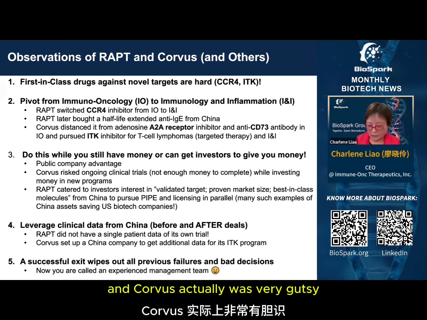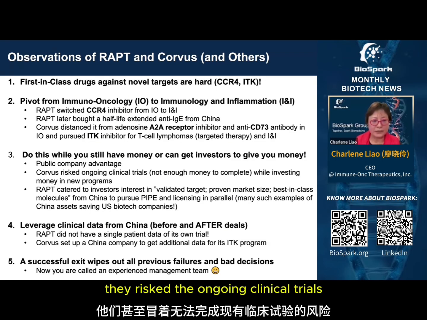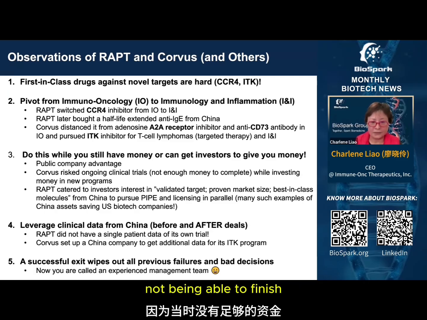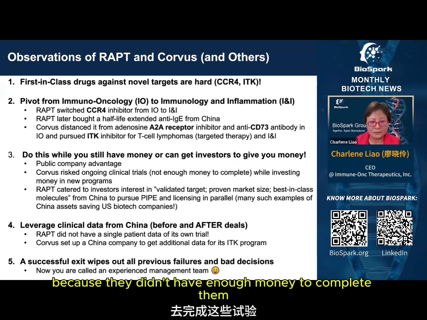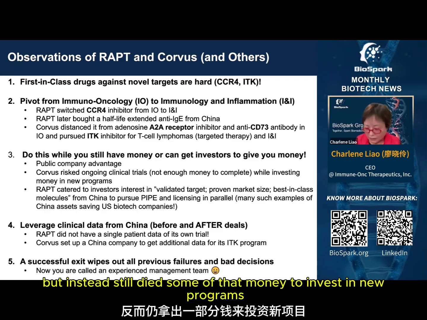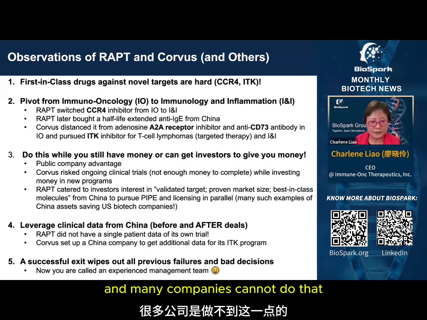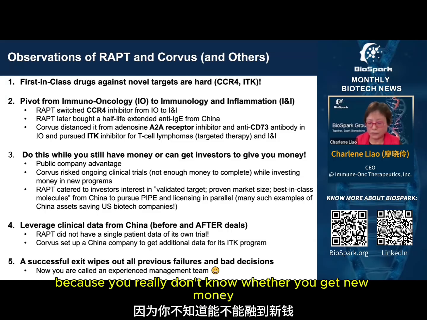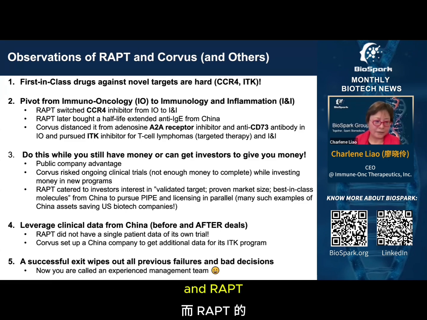And Corvus actually was very gutsy. They risked the ongoing clinical trials not being able to finish because they didn't have enough money to complete them, but instead still diverted some of that money to invest in new programs. And many companies cannot do that because you really don't know whether you will get new money. And RAPT,